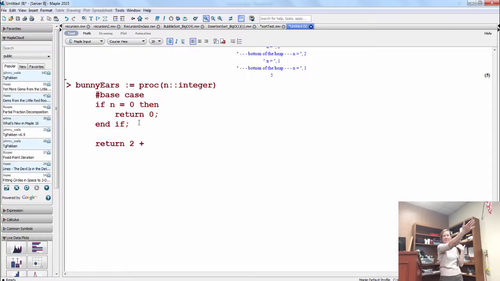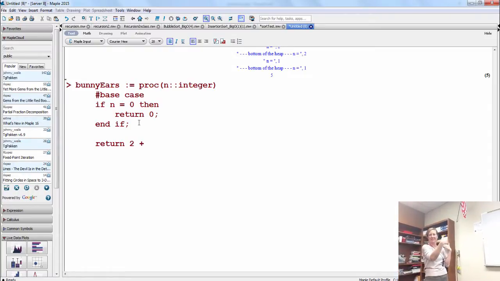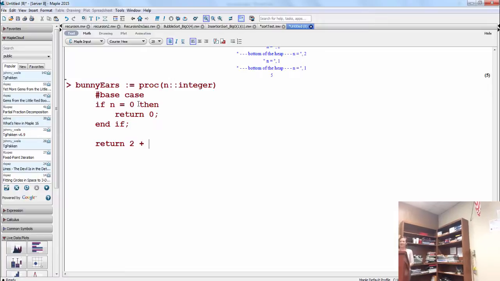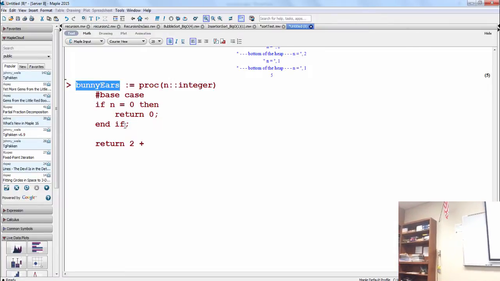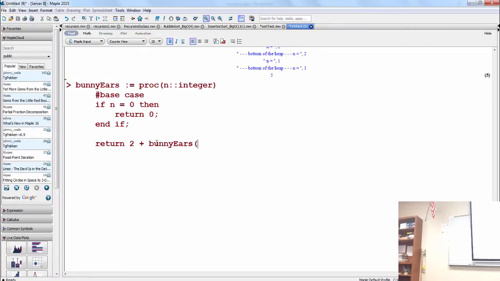There's n bunnies, so how many are left? n minus 1 left. We're taking out that first bunny's ear count, adding it in, 2 plus, and then we need to do this procedure again for the rest of the bunnies. So we say bunny ears, called again for n minus 1.